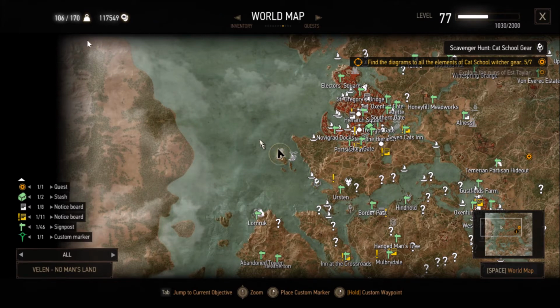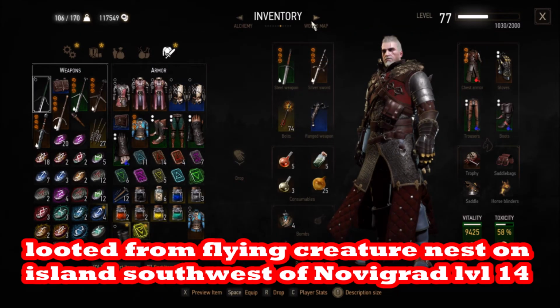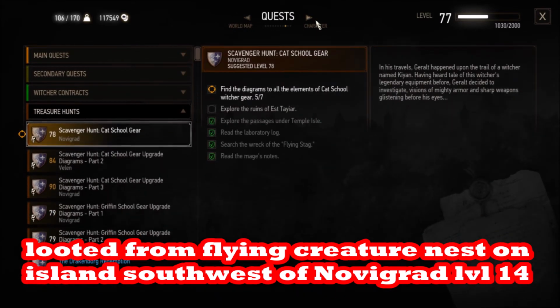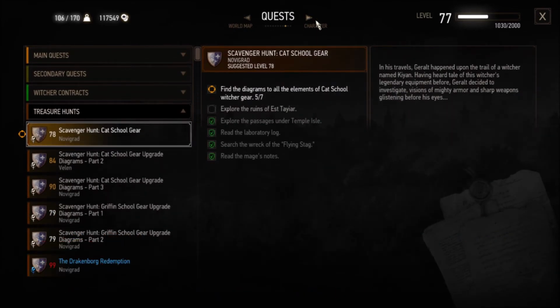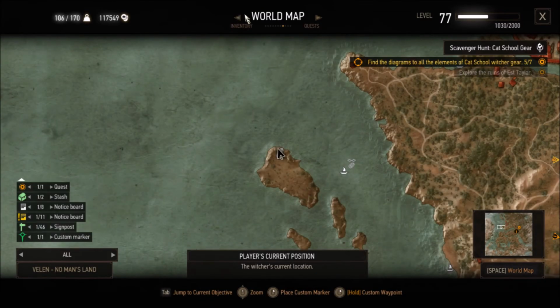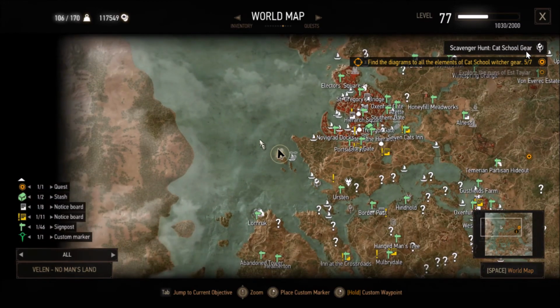And I picked it up as part of the scavenger hut cat school gear. But I think it was next to those diagrams. Nevertheless, if you're not getting it from the Creature in the Oxenfurt Forest quest, it may be a random drop, and it may not be on that island if you go to that island. But there is a lot of treasure on that island, and it's a fun fight, so you might as well